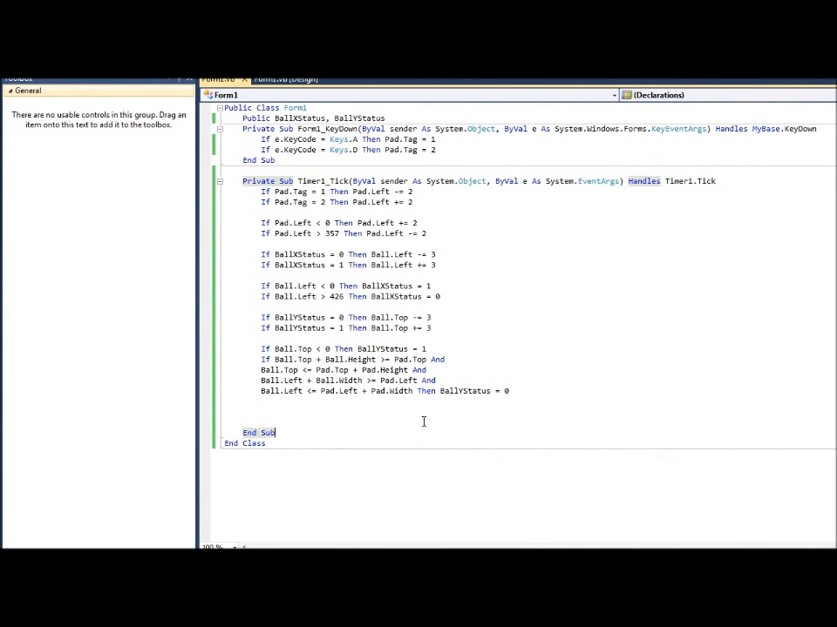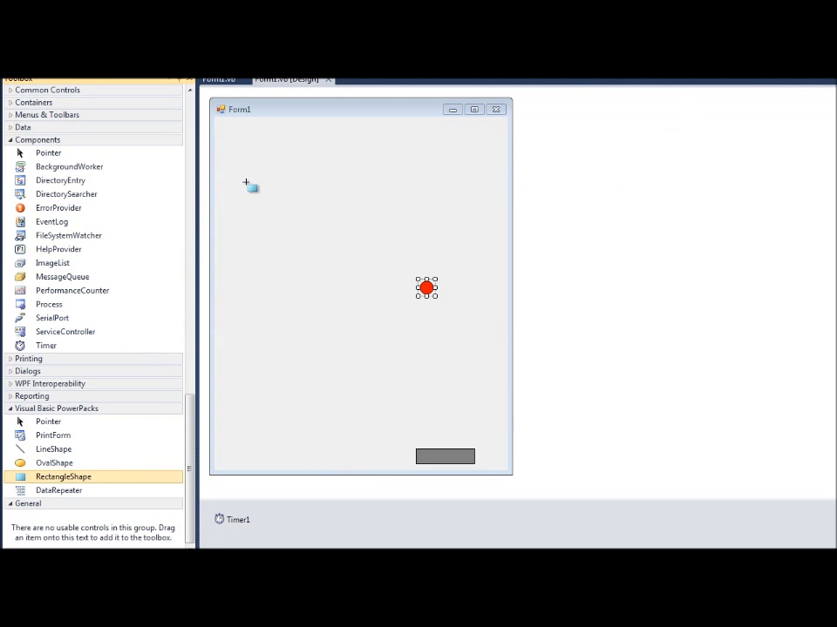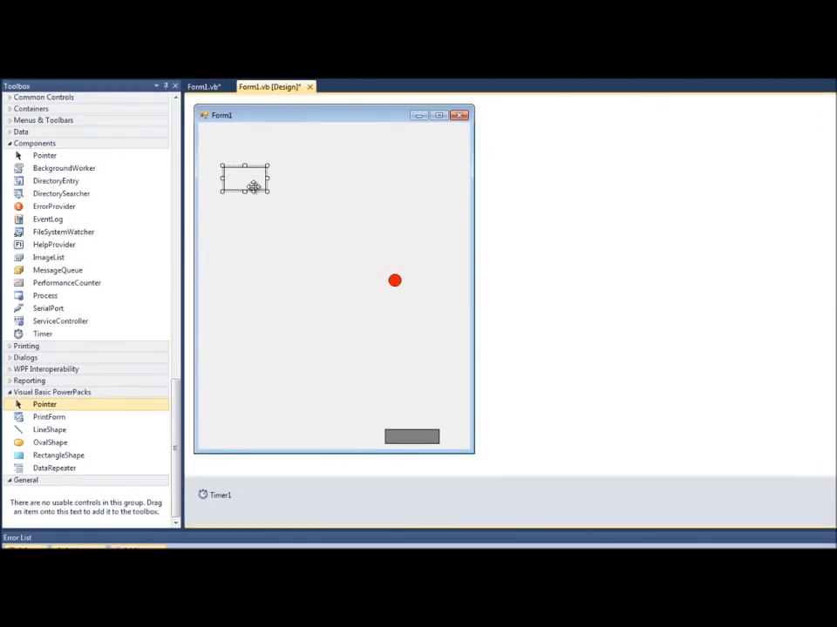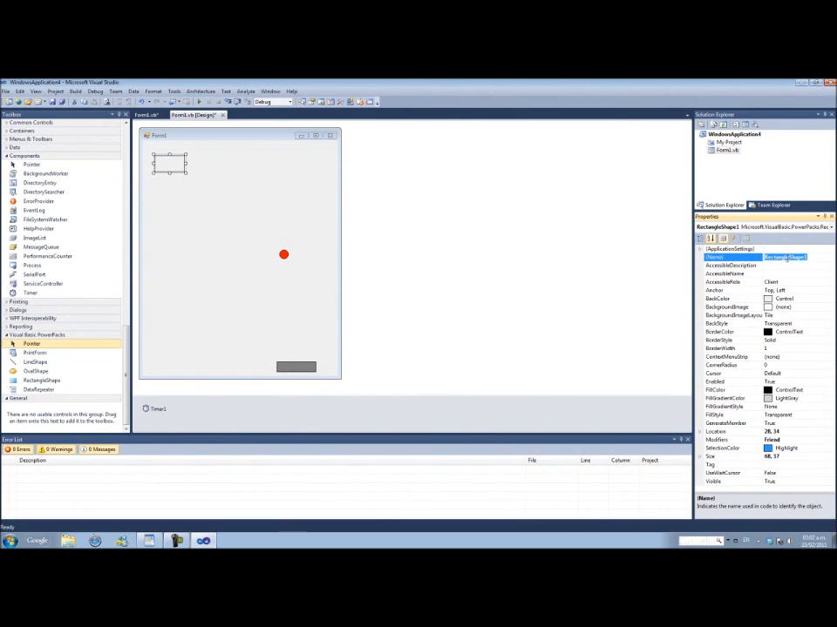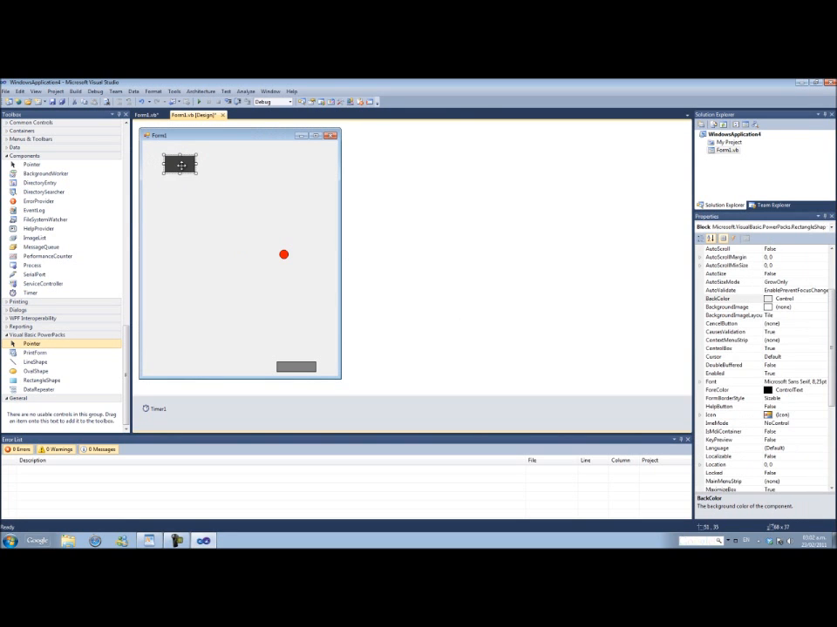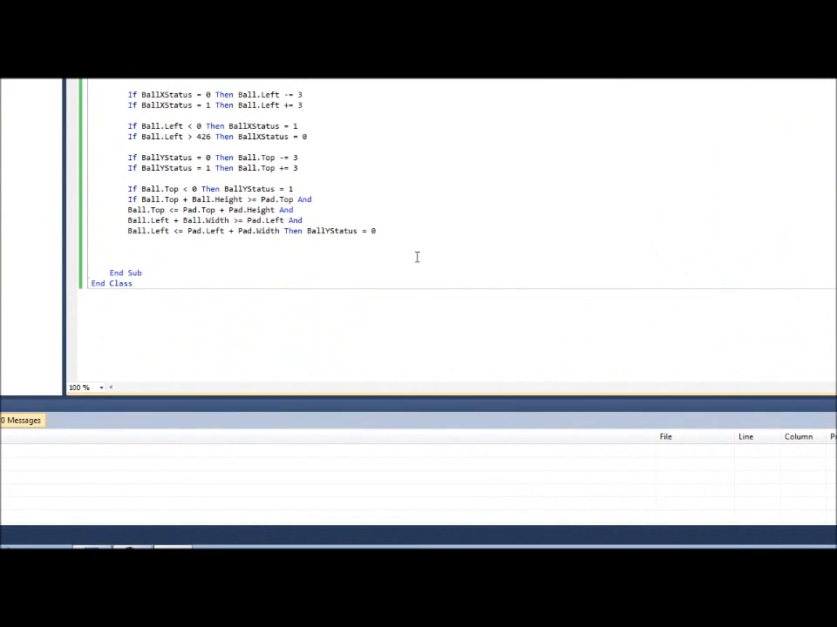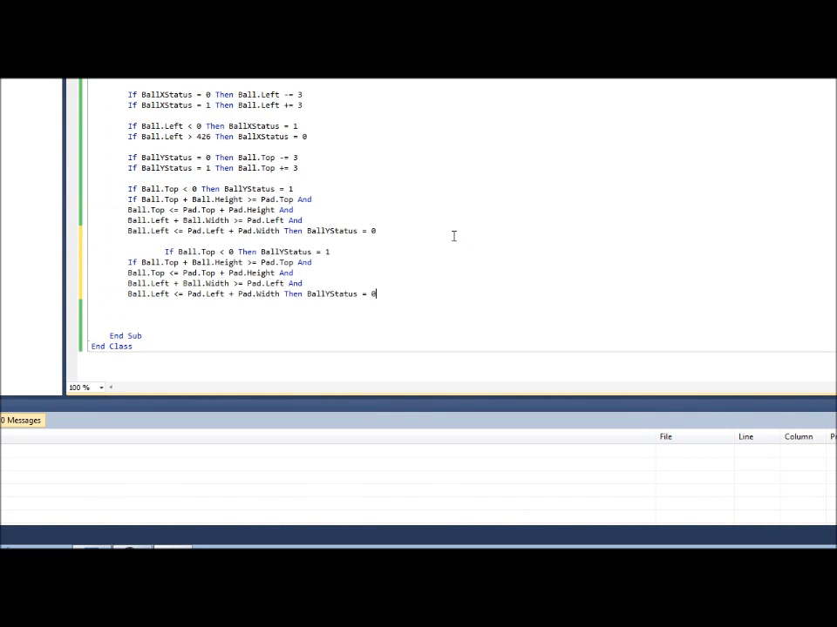Well, now that we have everything, we need the blocks. We need to make the blocks for the ball to break. So we'll rename it block, and change its color. Well, now we have a block, and we need to adapt this collision detector for it to detect when the ball is touching the block. So now we need to replace all the pad